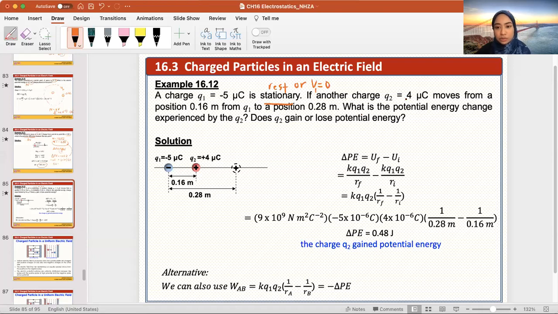Another charge Q2 equals 4 microcoulomb moves from a position of 0.16 from Q1 to a position of 0.28. So it's saying that Q2 is at a point 0.16 and then it moves to a position of 0.28. So it's actually moving by,